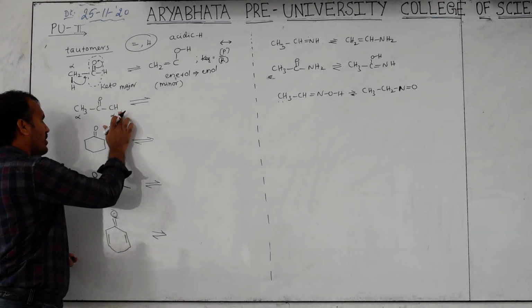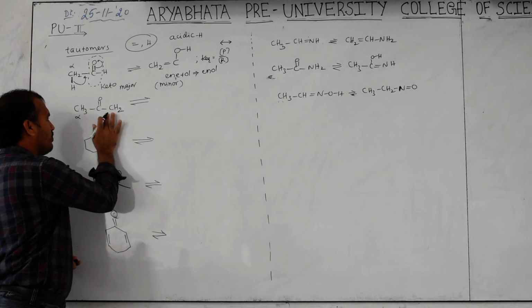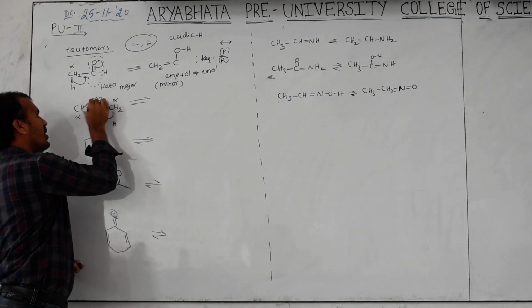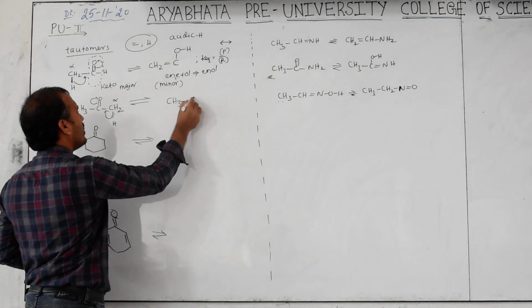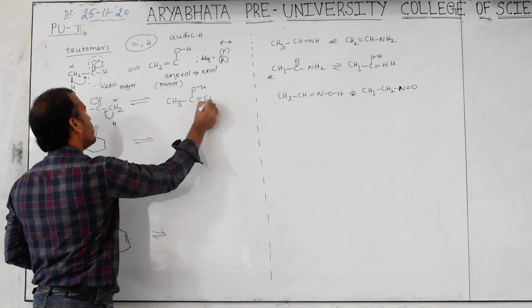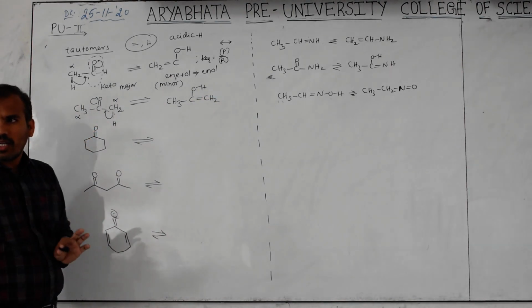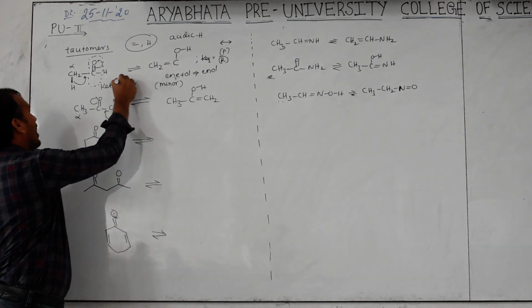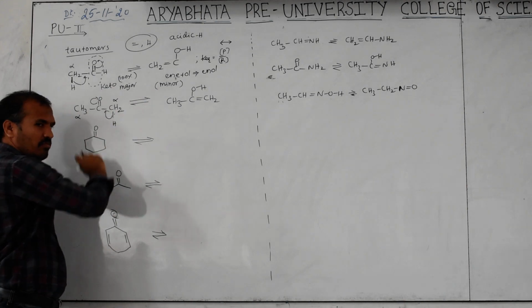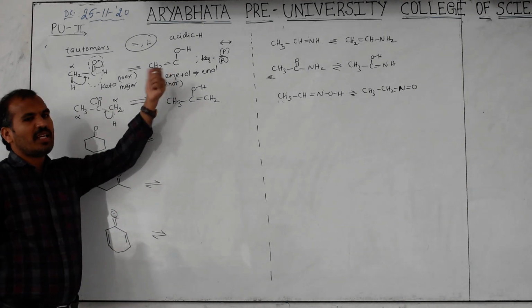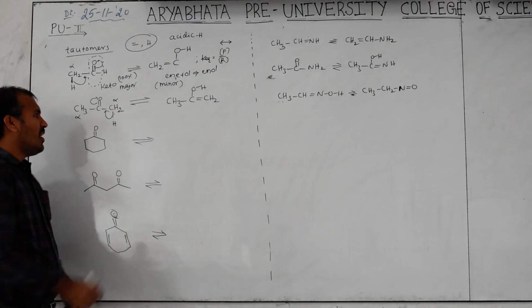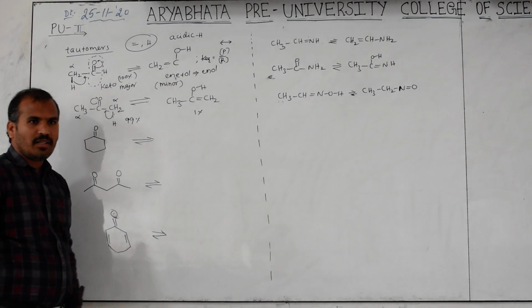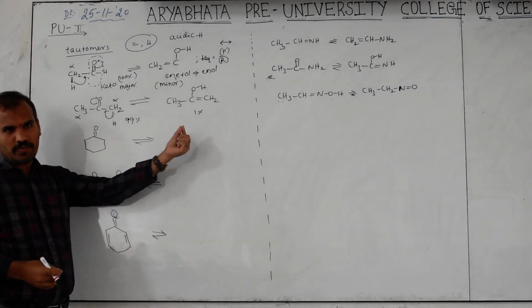For example, if you want this side, then I want to add CH2 and H like this. Then this will be moved here, this will be moved here. Then we will get CH3, COH, double bond, CH2. Clear? Now also which is more stable? If it is here nearly 100%, it is very least, not formed. It is here 99% is in here, nearly it is 1%. It means little bit may be formed.